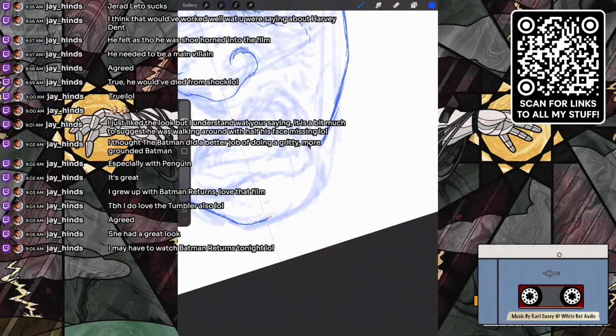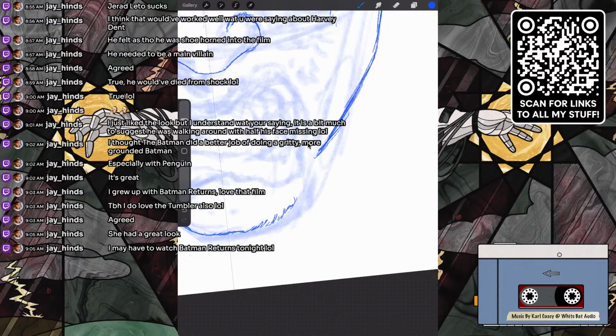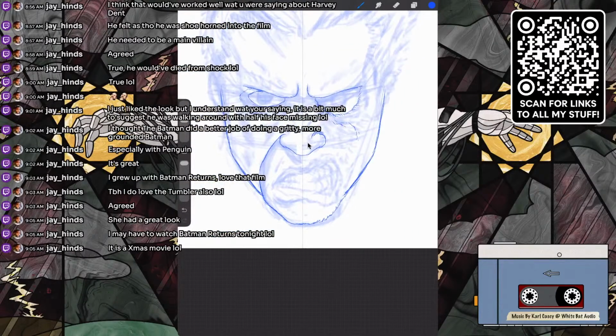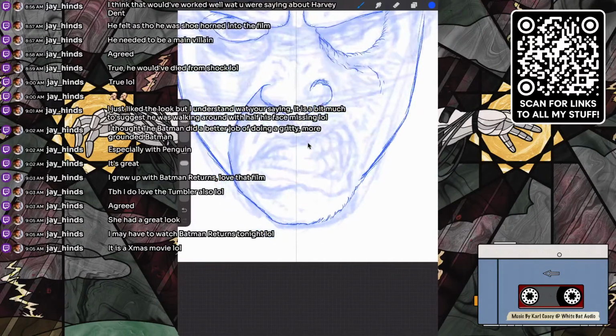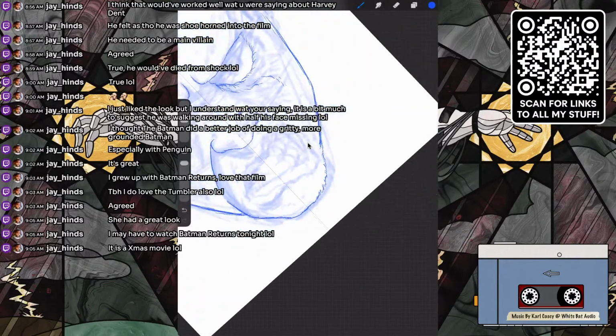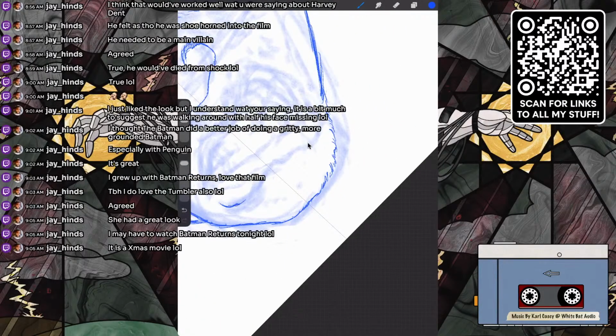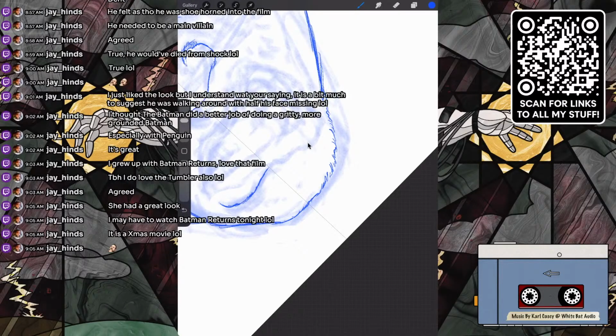But that's the only issue with the Penguin, is I feel like you have such a good Catwoman that the Penguin naturally suffers next to her. No, look, that's more of a holiday movie than most holiday movies are. That's a great movie, holiday-wise. But that's the problem with going super gross with Penguin, is next to Catwoman, who is so mesmerizing that you completely understand why Batman is starting to overlook his no criminals thing with her. Because, oh my God, just look at her. And the performance is just great.